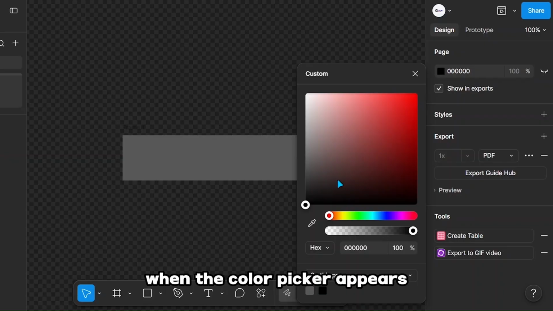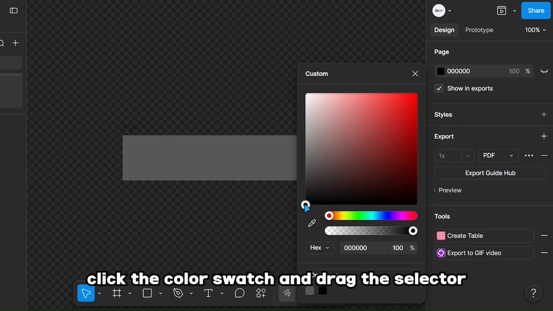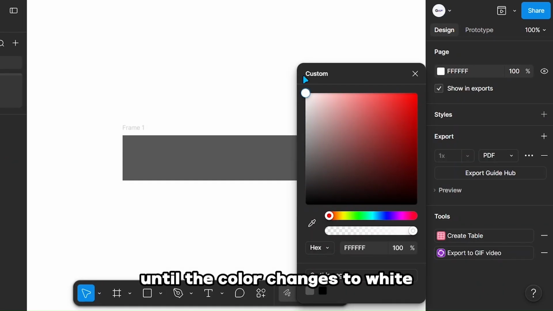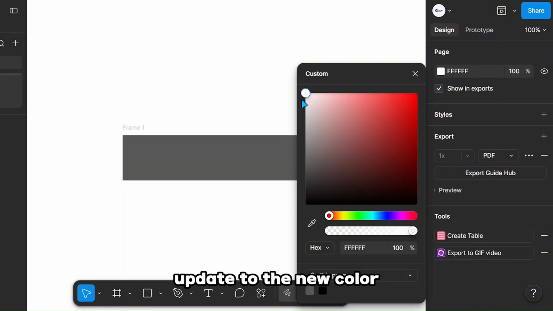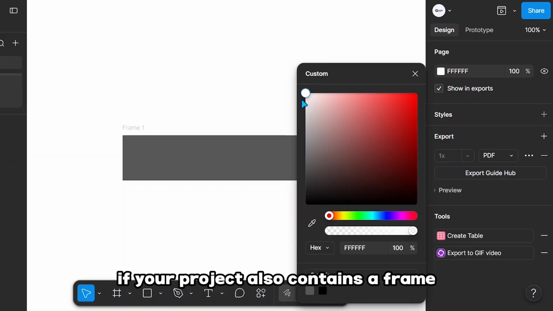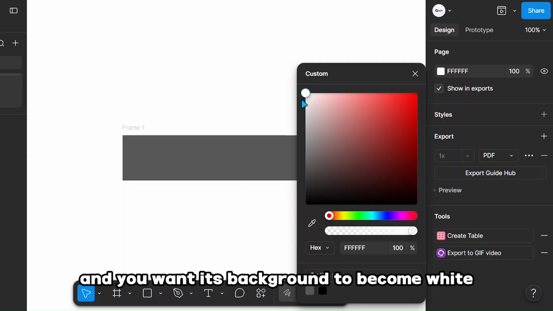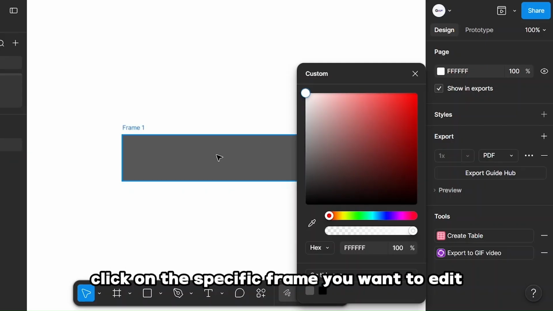When the color picker appears, click the color swatch and drag the selector until the color changes to white. The canvas background will immediately update to the new color. If your project also contains a frame and you want its background to become white, click on the specific frame